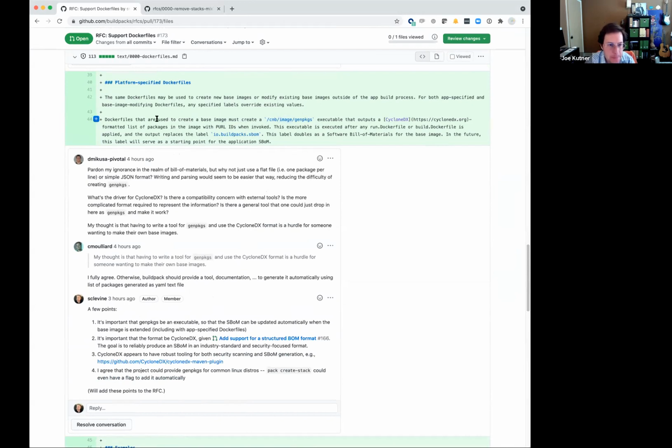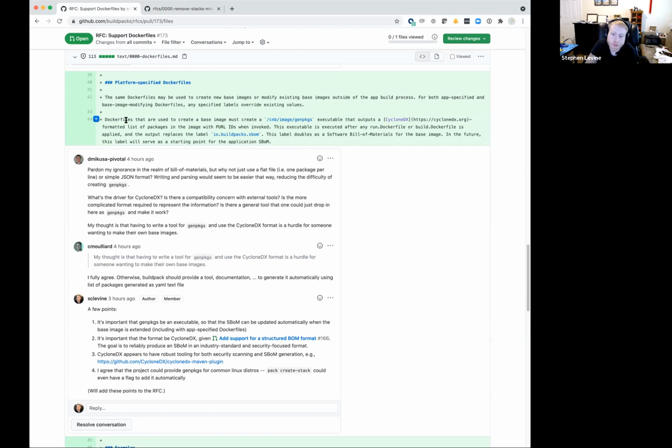So it is optional, but you still have to acknowledge that you're skipping something. It's supposed to output a cyclone-dx formatted list of packages.